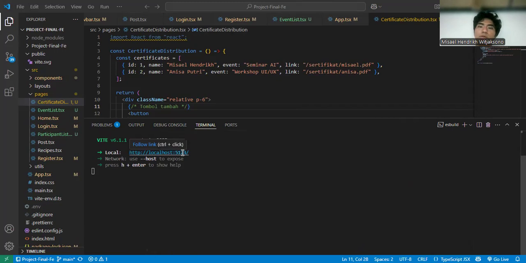A little explanation about the backend, database, API, and a little demo for the program and for the user interface. That's my presentation about my final Web 2 project. Thank you. God bless us.